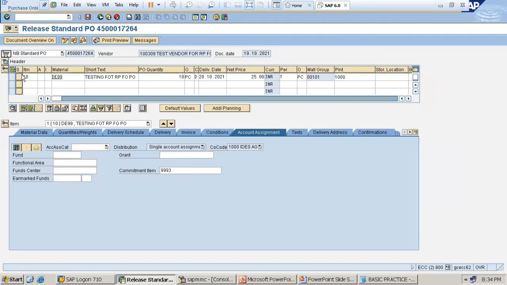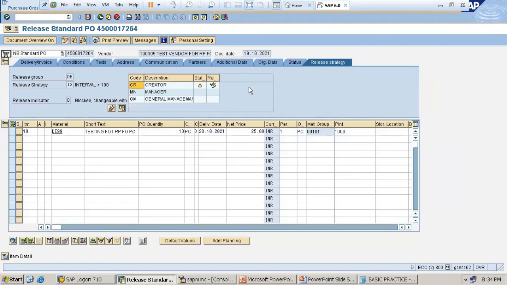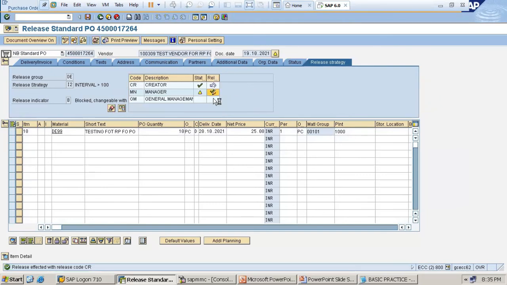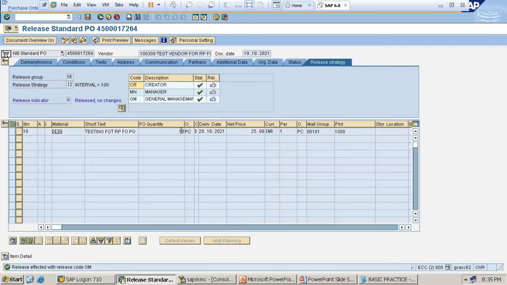Header, release strategy, then go for release, then release. How do we come to know? 10 into 25. Go for the condition here.